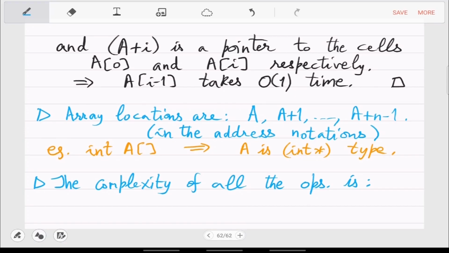Is empty on a list L of size n, what is the complexity of this? And we have implemented it through an array. The array is big A bracket bracket. Yeah, is empty is just O of 1. So why is it O of 1?